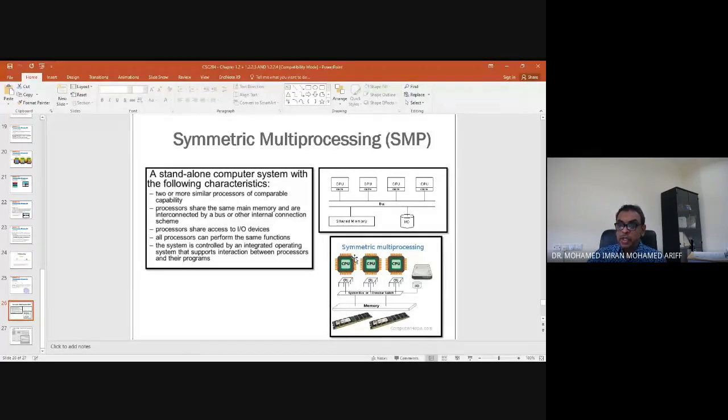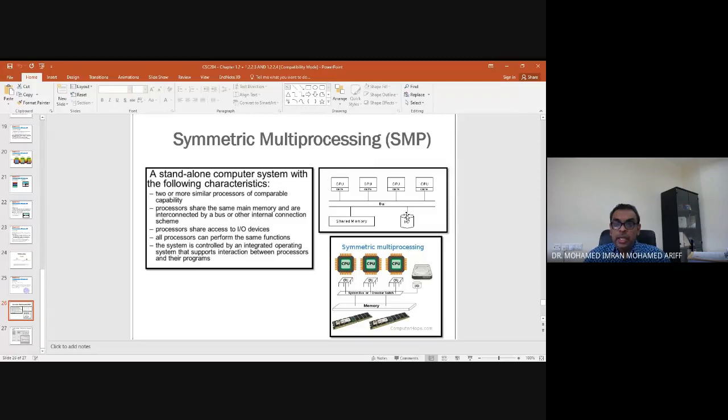So in this picture, you have 1, 2, 3 processors or 1, 2, 3, 4 processors all running at the same time. But it only shares one RAM and it only shares one input-output device. Meaning to say, you can take, for example, 4 CPUs but connected to one keyboard, one mouse, and at the same time, it only has one RAM. The RAM size can be big, but it's all connected into one.